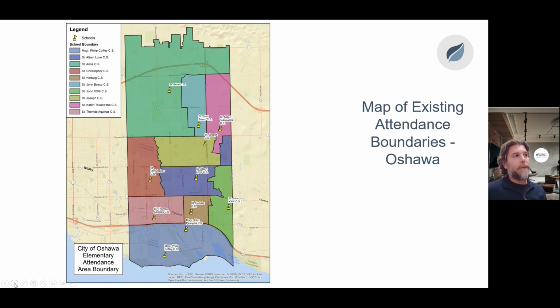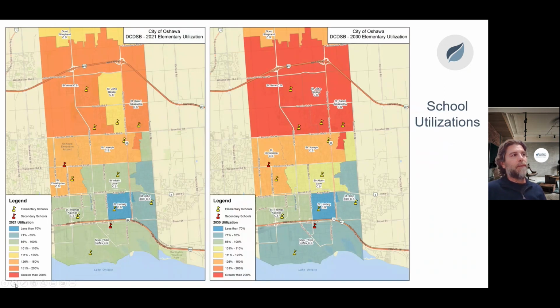Most of the elementary schools that feed into it are located in central and north Oshawa. So really the feeder schools where we think about Dwyer's boundary, it's Sir Robert Love, St. Christopher, St. Joseph, St. Kateri, St. John, and St. Anne. This next slide, similar to what we just looked at, it still continues to focus on